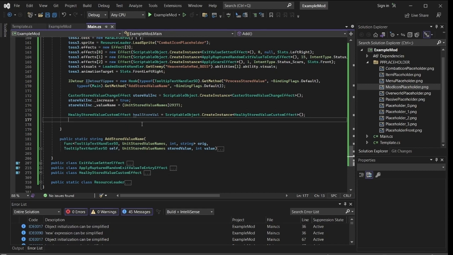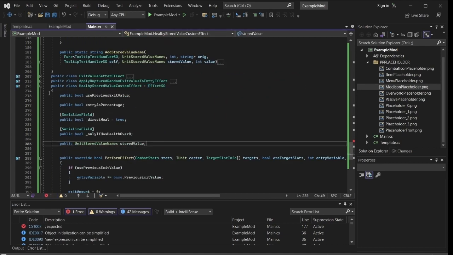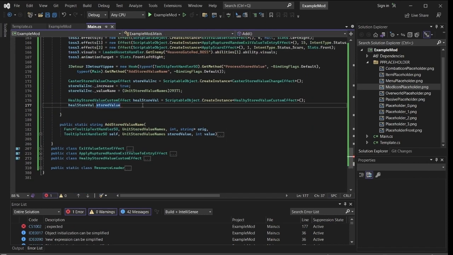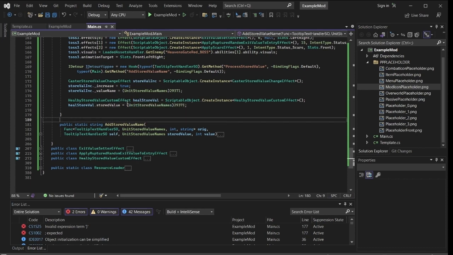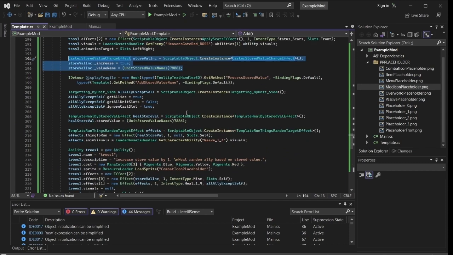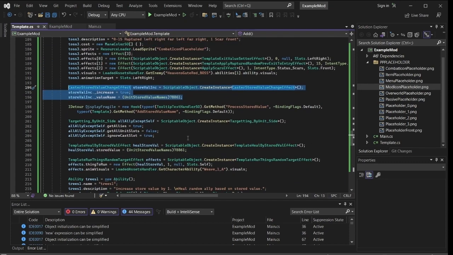And then from here we go heal store val dot, and then we can get stored value. This is the value we created. We can set it equal to the value we want it to be. For instance, this. We could also change it to anything else if we wanted to, but for now, leave it like that. So then, the next thing would be